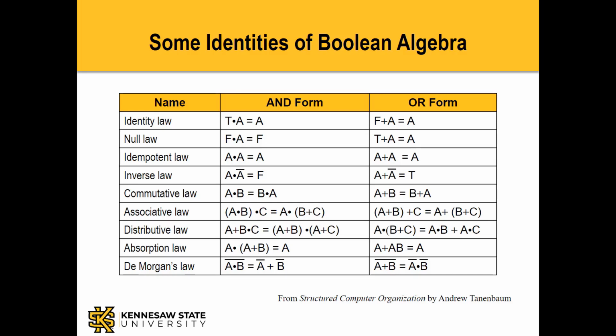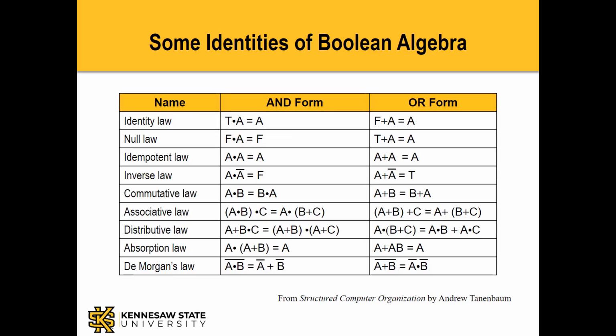The table introduces something that we've used before but haven't really defined, and that is the equal sign for same as. And each one of these rules of algebra, they're called identities, has two forms, an and form and an or form. Let's look at the and form of the identity law. True and A is always equal to A. Think about it for a minute. If A is true, true and true is equal to true. If A is false, true and false is equal to false. And in either case, true and A is always equal to A.